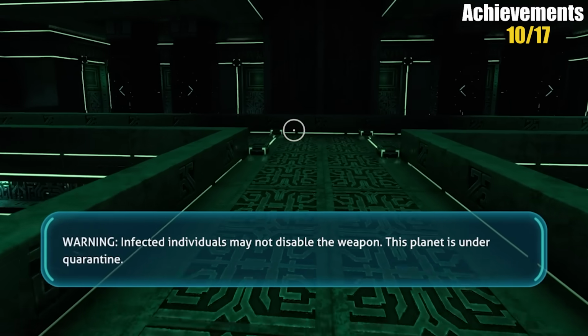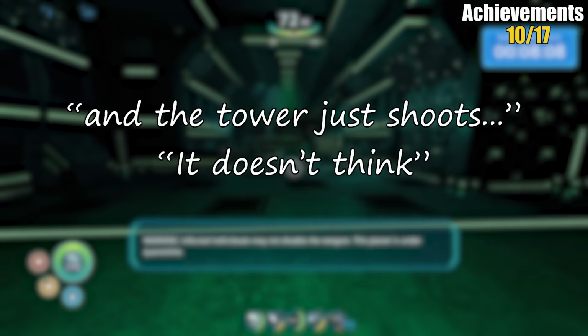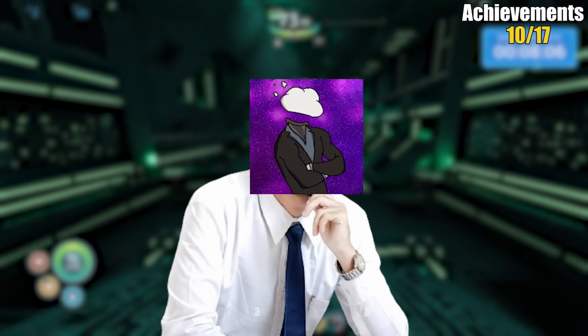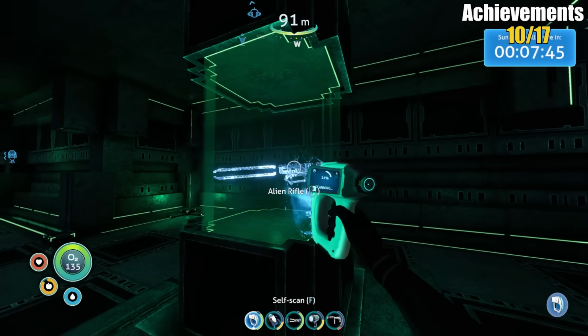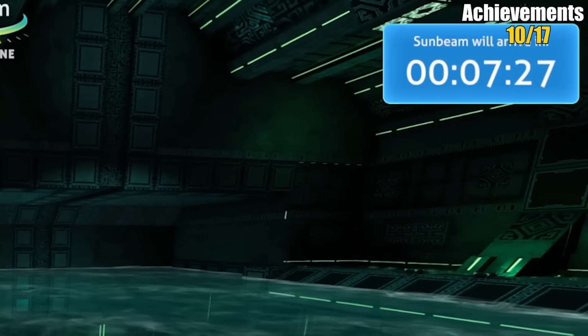And the reason our ships got shot down was because this planet was on quarantine, and the tower just shoots. It doesn't think. Amazing quote, by the way. So I had to somehow find a way to disable it. There's some more things over here. An alien rifle. Then I got super bored since I still had like 7 minutes until the ship was gonna